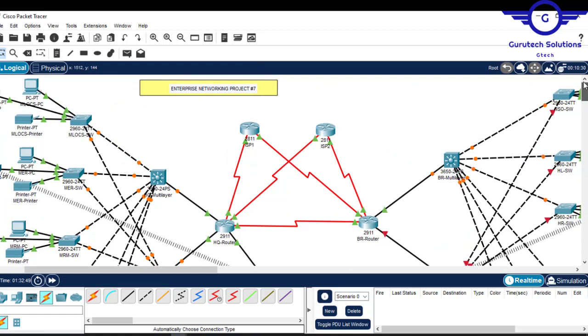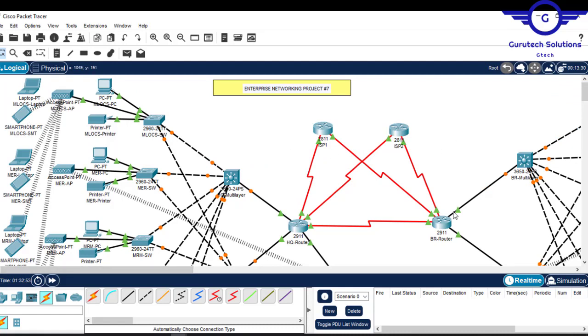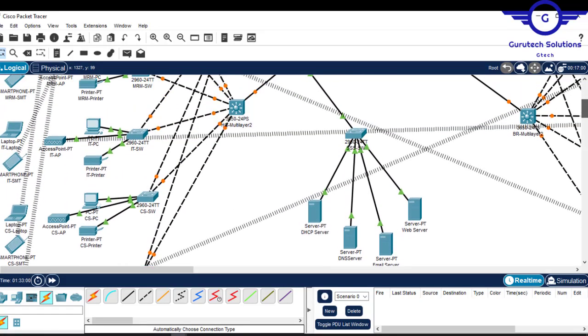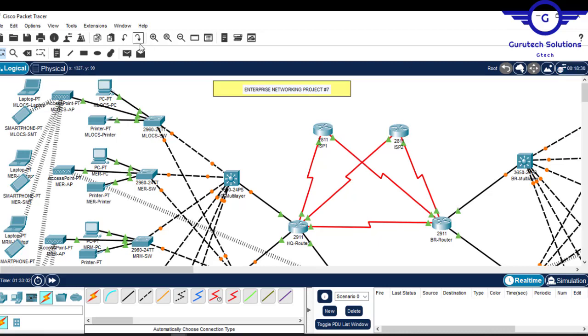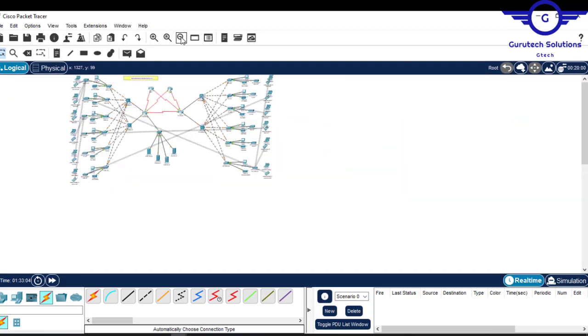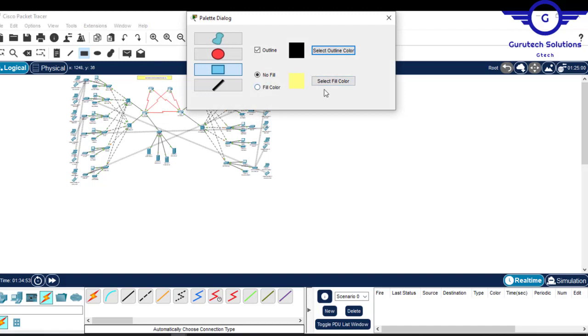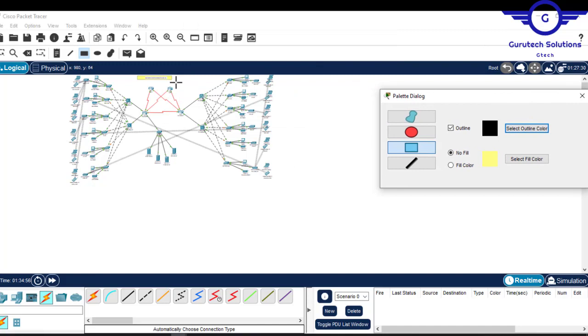Okay, all right. So meanwhile, we can just separate the borders, and let's say this is the HQ network, this is the branch network, and finally this is the server side. Okay, so before I do that, what I'll do is minimize so that our diagram looks smaller. You can just draw the borders when it's small like this so that you can see it clearly. Just say no fill. Okay, drag this here and